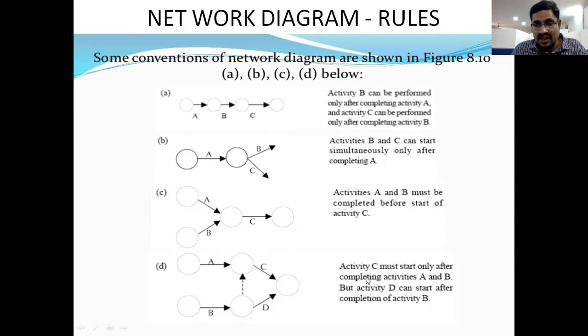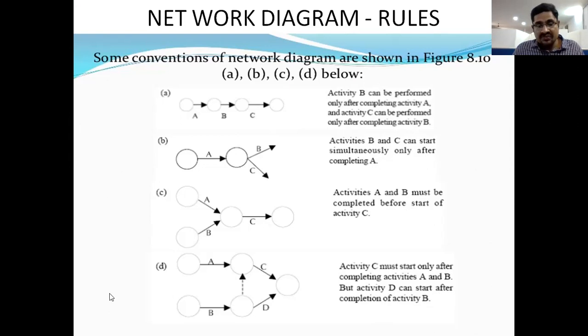Next, the fourth connection: activity C must start only after completion of A and B. But here D can start after completion of activity B alone. So after completion of B, D will appear, right?